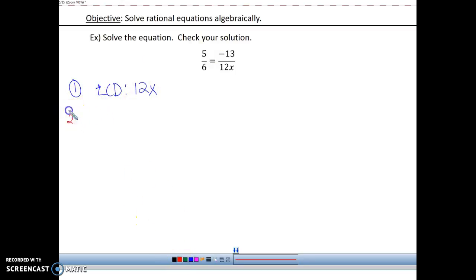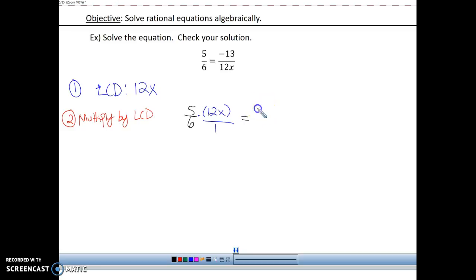So let me write that down here. Step 2 is multiply by the LCD. So I'm going to write my fraction. I have 5 over 6, and then I need to multiply by 12x over 1